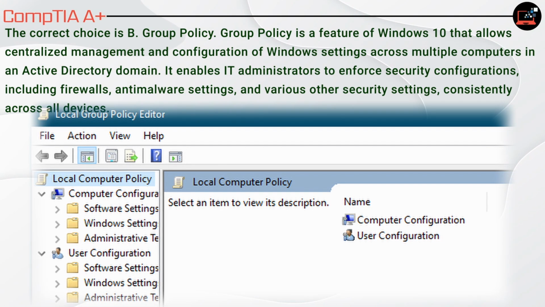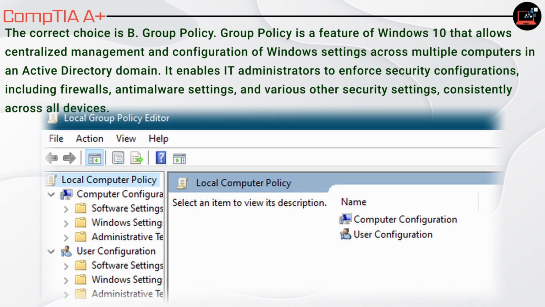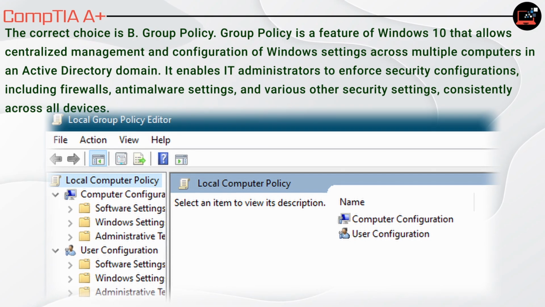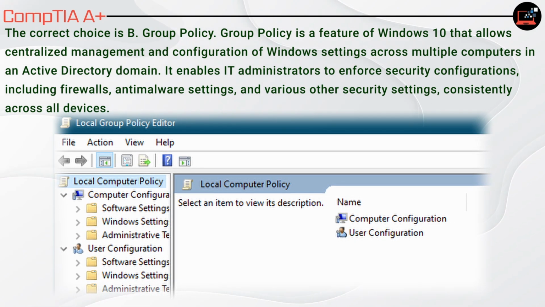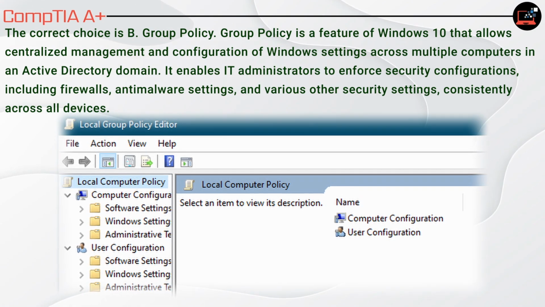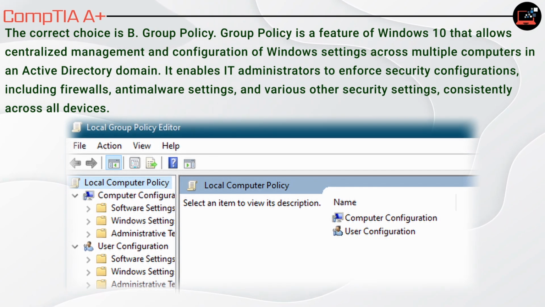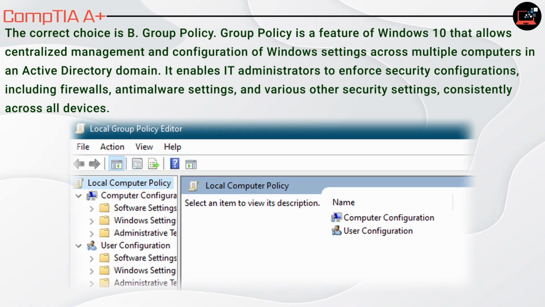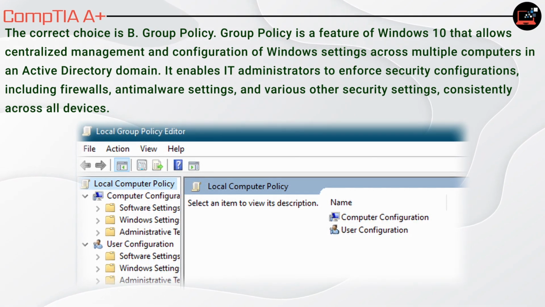The correct choice is B. Group Policy. Group Policy is a feature of Windows 10 that allows centralized management and configuration of Windows settings across multiple computers in an Active Directory domain. It enables IT administrators to enforce security configurations, including firewalls, anti-malware settings, and various other security settings, consistently across all